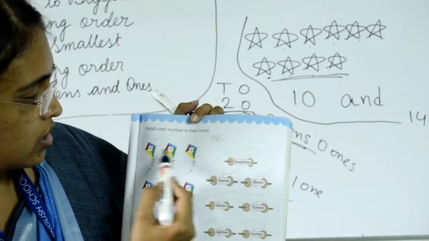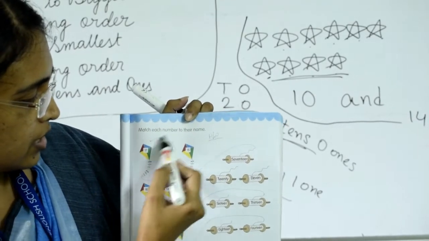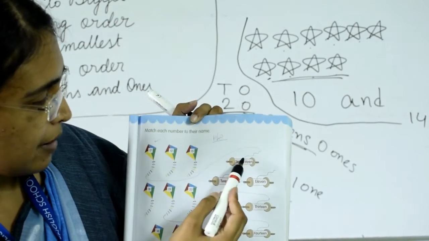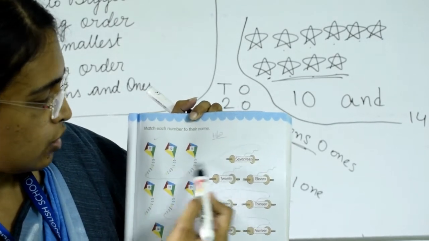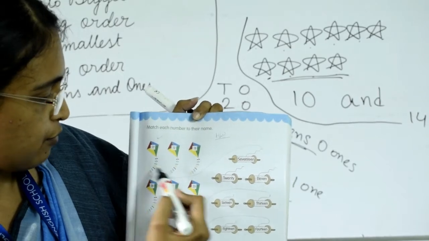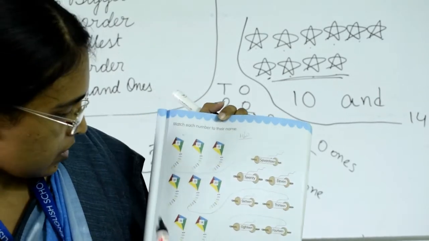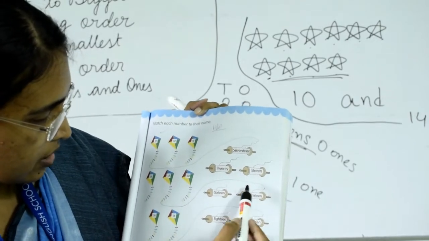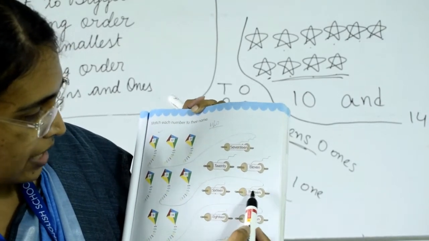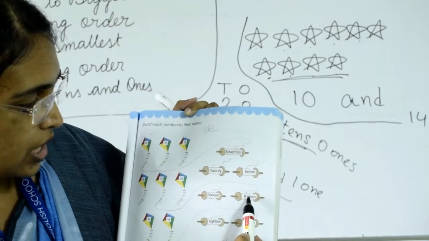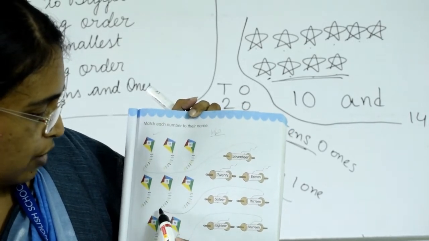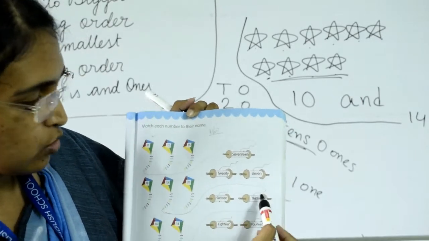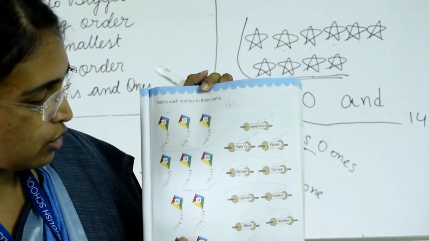So can you see 17 in this part? 17, 12 and 15 are there. So the spelling of 17 is here. So you have to draw a line from here to here. Then 18, 13, 20. The spelling of 18, 13 and 20 is here. Only 16 and 13 are there. Spelling of 16 and 13 is there. So you have to draw a line from number 13 to the spelling of 13. So in this way do this part.